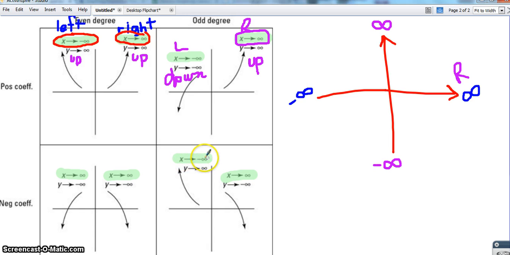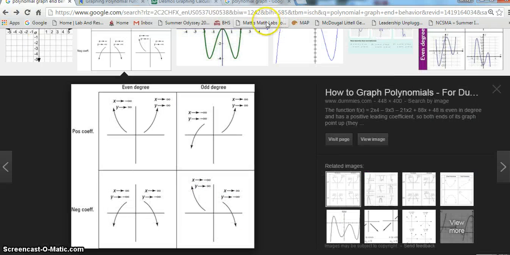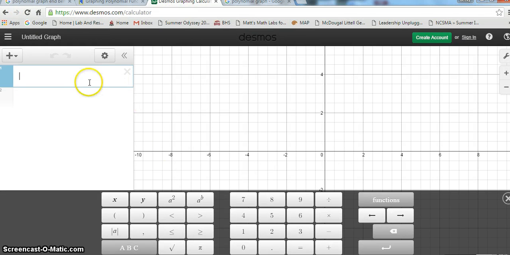On the left, this one points up. On the right, this one points down. So that's how the terminology works. It's not particularly scary. Seems it at first, maybe. But so, for instance, let's see what we can do here. Let's say I have just an example. I'm going to do